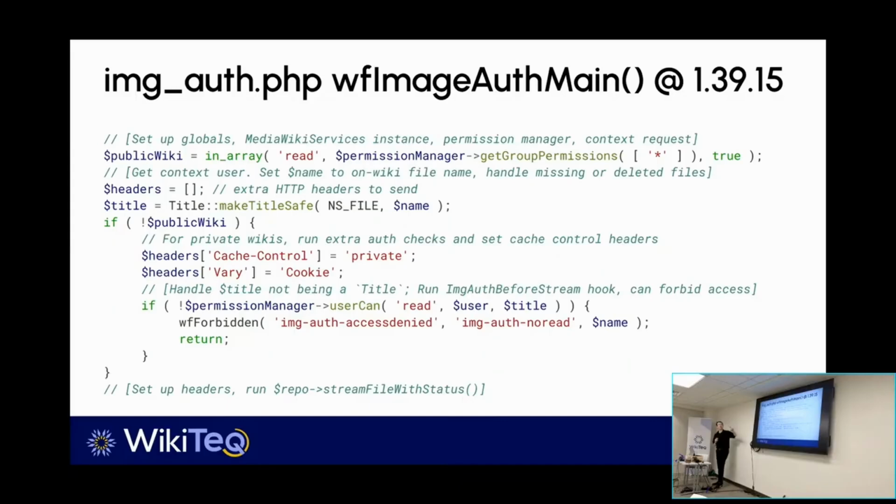So our first requirement, because we don't want to hack MediaWiki core and just replace the entry point, is that the get group permissions call not result in the,